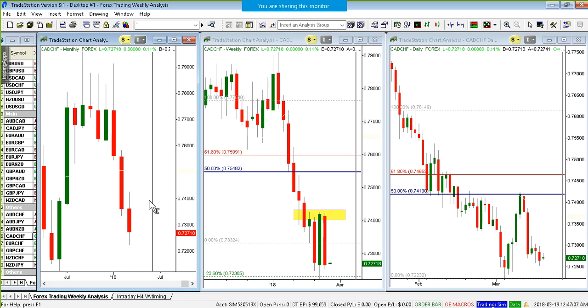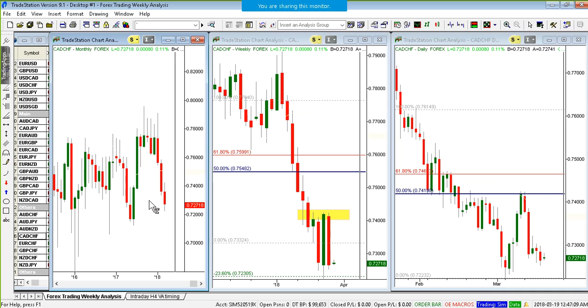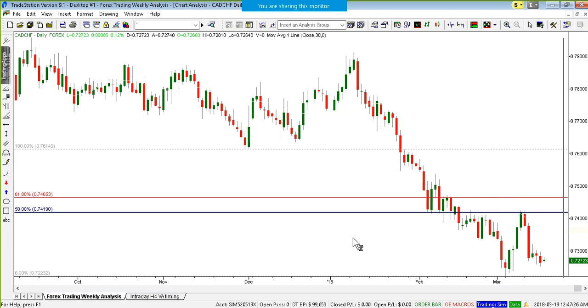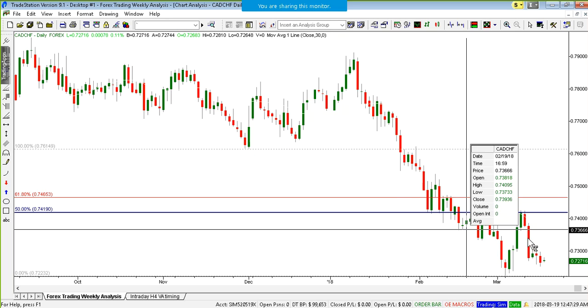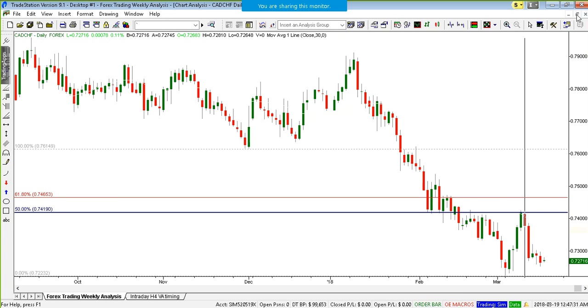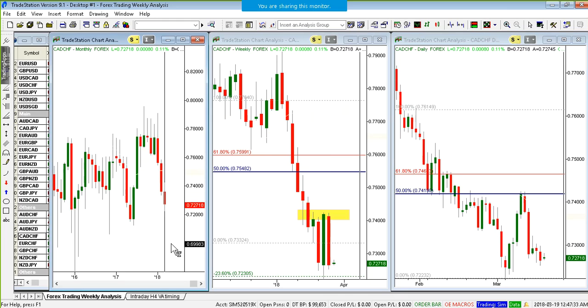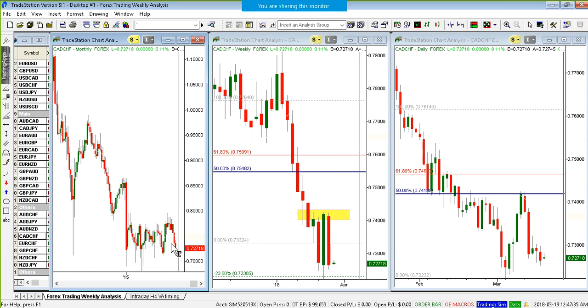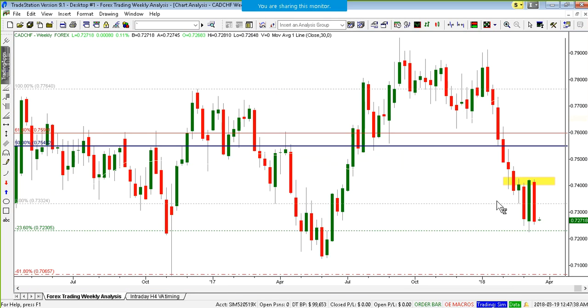The Canadian dollar, Swiss franc. The Swiss franc here seems to be weaker. I should say, sorry, the Canadian dollar has been weaker here, and the Swiss franc is certainly stronger than that. The same patterns we saw in other markets here are in play. Lows to lows has come into play. An extension is in play on the daily time frame. The monthly and weekly are showing a sideways move,